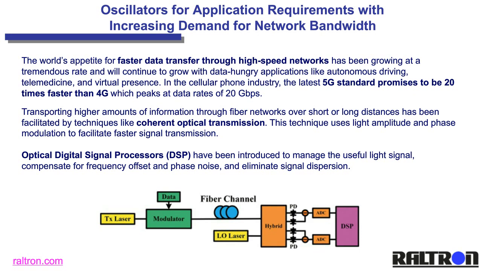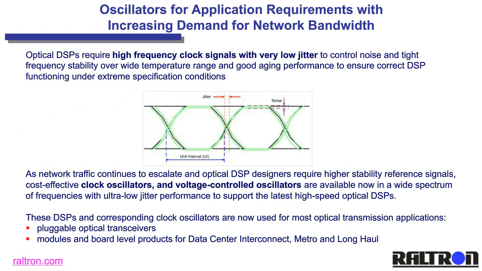So you have a transmission device, a transmission mechanism, a fiber line, and at the receiving end, you have circuitry that includes a digital signal processor, which is there to compensate for the frequency offset and phase noise, etc. And this digital signal processor, which is a digital circuit, which again is operating sequentially, in order to operate correctly needs a clock oscillator or some kind of an oscillator attached to it, which is giving it